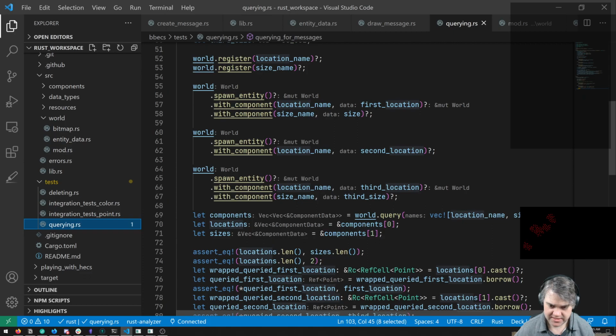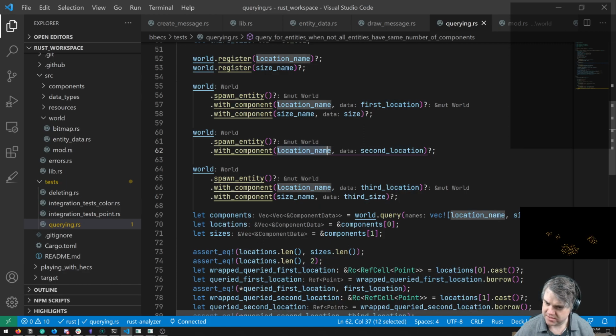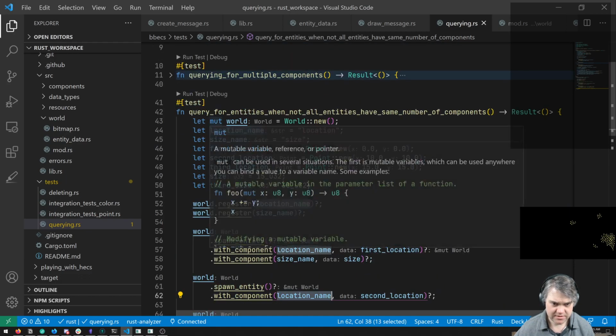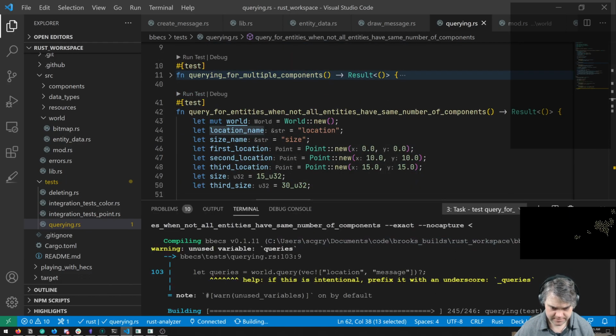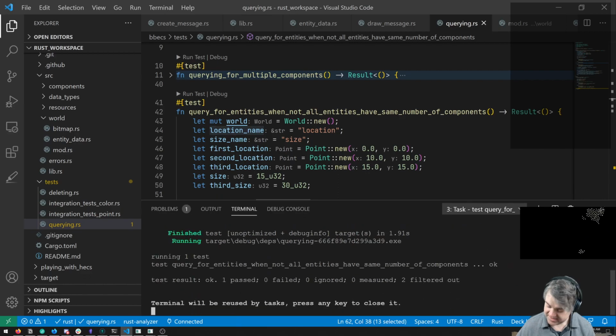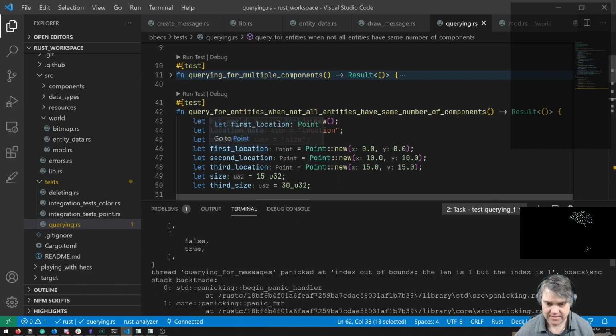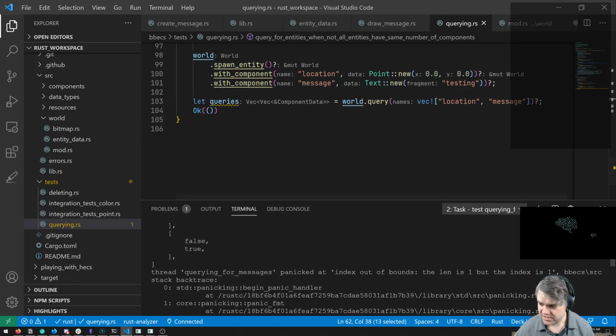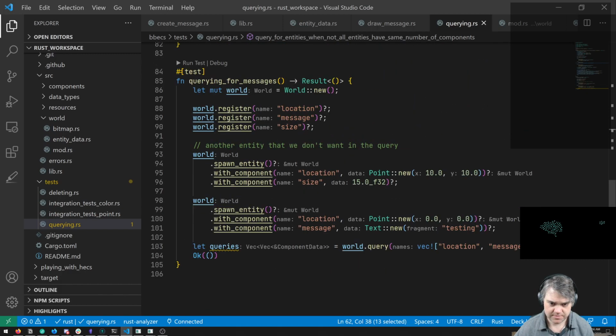Location name and size name. Ah, because these two have them, and this one doesn't have it. But this works, right? That works just fine. So what's the big difference here?